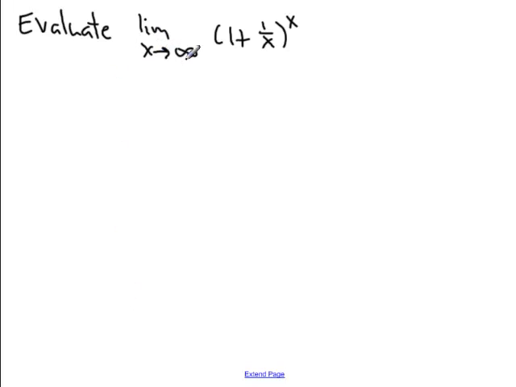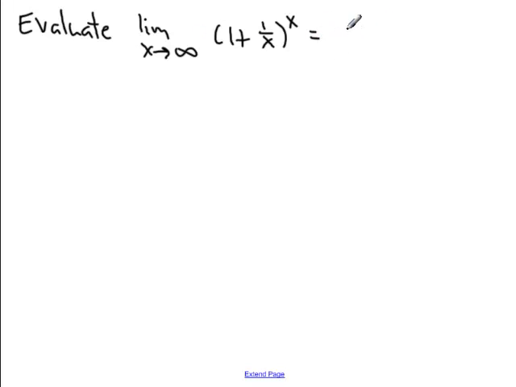Evaluate the limit as x goes to infinity of (1 + 1/x)^x. If we simply evaluate x at infinity, we get 1 plus 0, which is 1, to the infinite power, and so this is definitely indeterminate. The trick here is to take